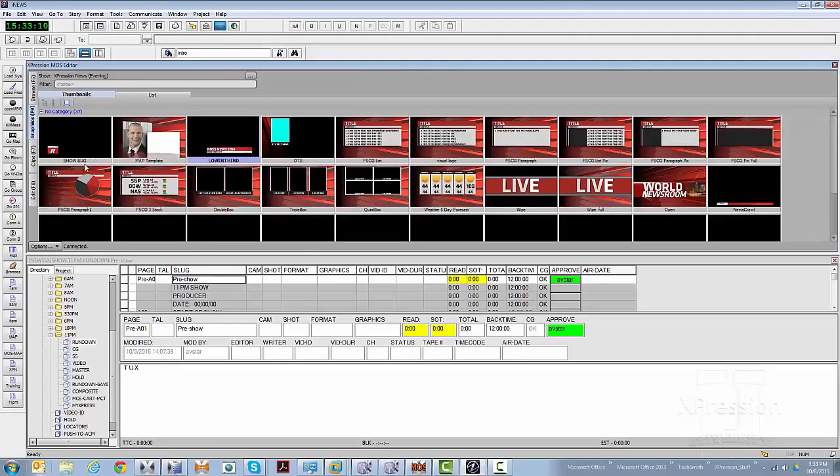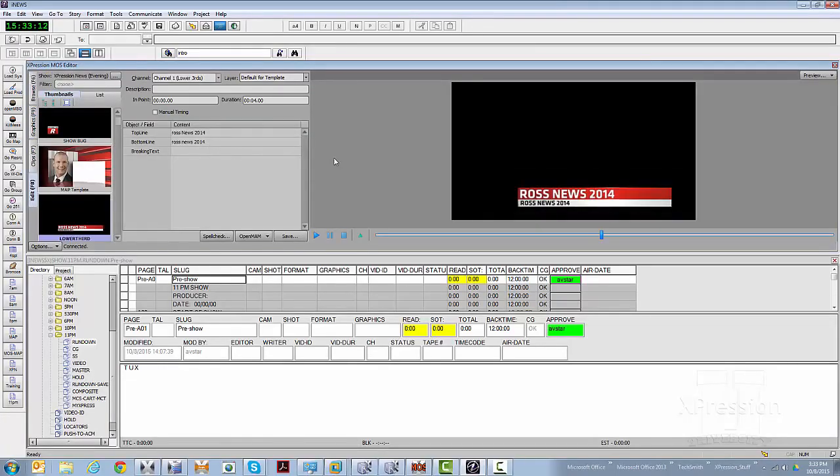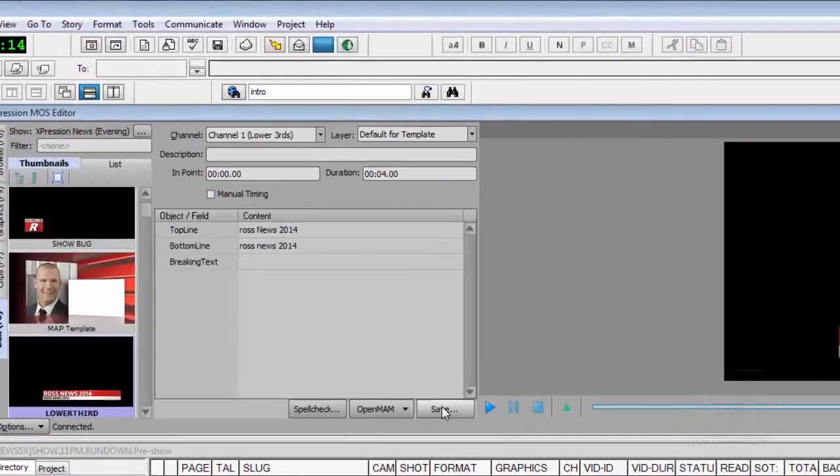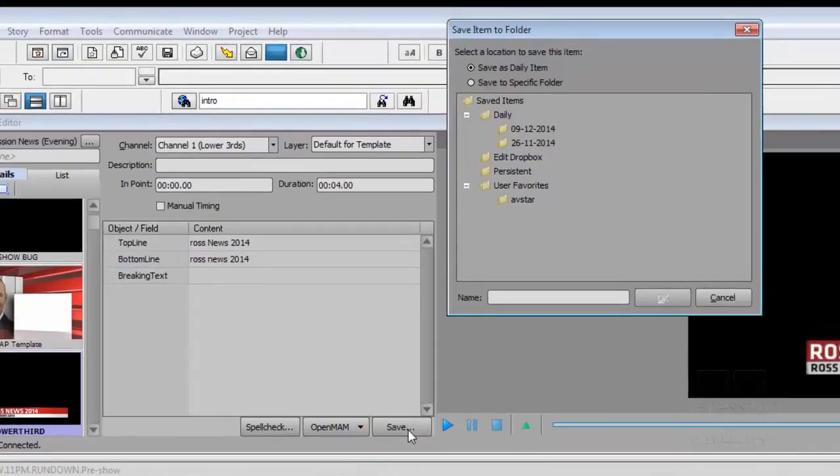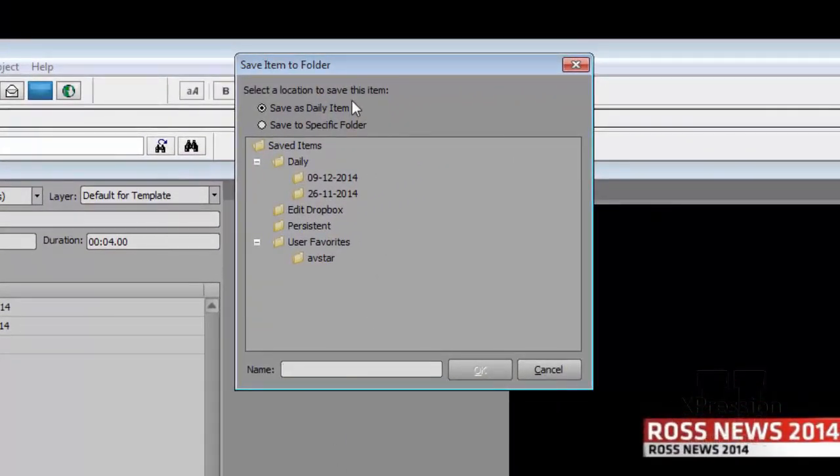If I go back to graphics and I choose a template and I decide this is one that I want to use all the time, and I'd rather have it in my favorites rather than browsing through the multiple templates that I have, if I click on the Save button inside the interface, I now get a dialog for Save Item to Folder. If I choose to save it to a specific folder and click on Avstar and give it a name,